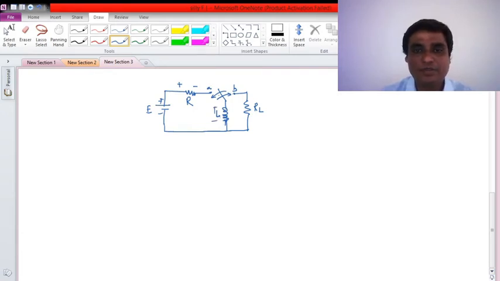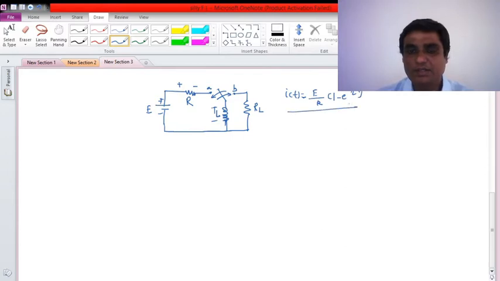So what is the first point? First point is that let me have the switch at position A. So with the position A, your inductor has been charged, and what was the current? Current was E by R, 1 minus e raised to minus R by L into T. Okay, this much current is flowing, and at t tends to infinity, my final steady state current was E by R. Now I want to retrieve the energy, which has been stored in the inductor.